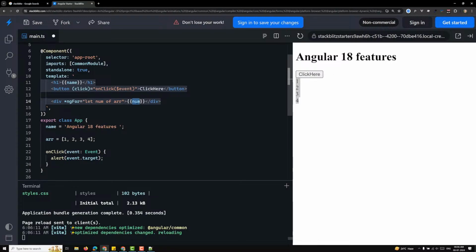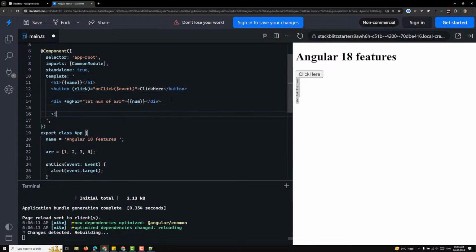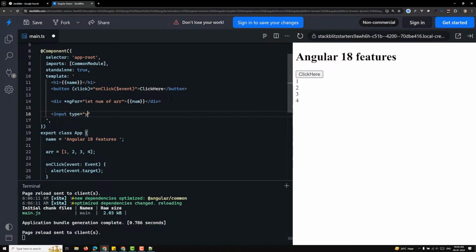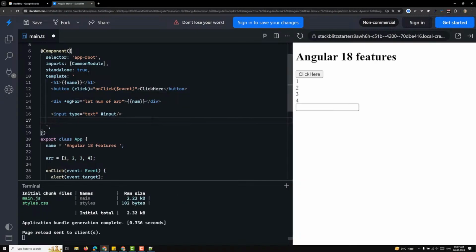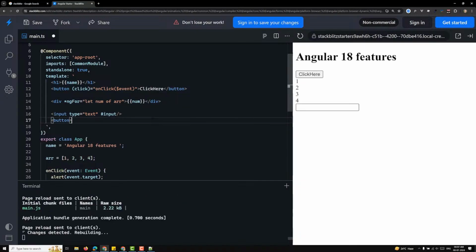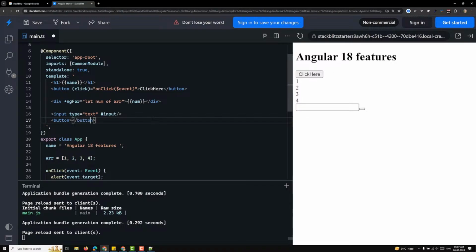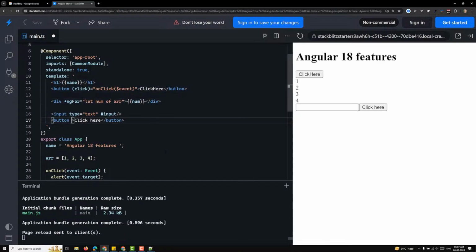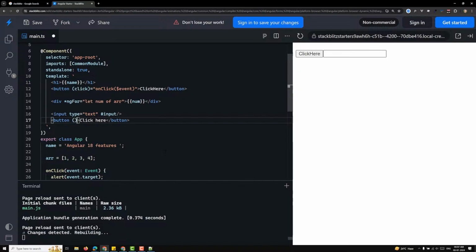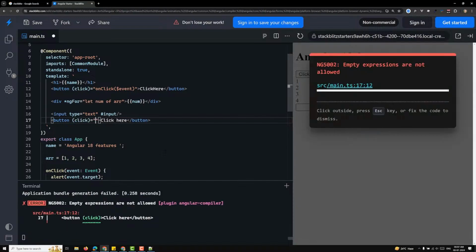And also we have different types of context. For example, let's say that I am having an input variable, input type is equal to text, and also I can use something like a template reference variable. I will try to tell you about this later. So I am showing you just a simple thing. And if I am having a button, here I will use something like click, and I will be using click is equal to save details, let's assume, and I want to pass this